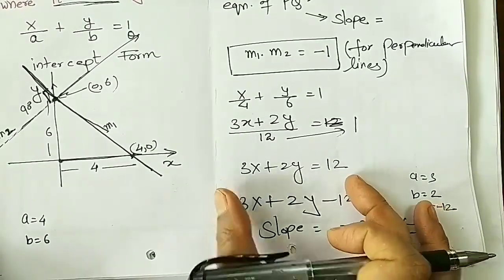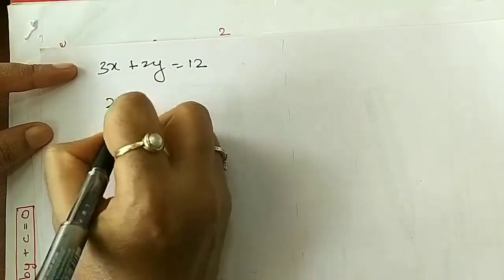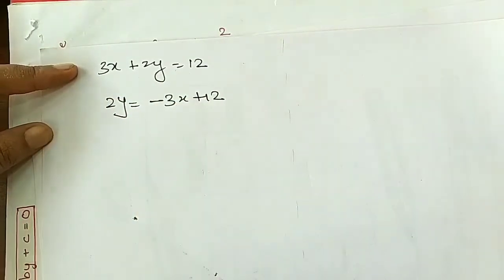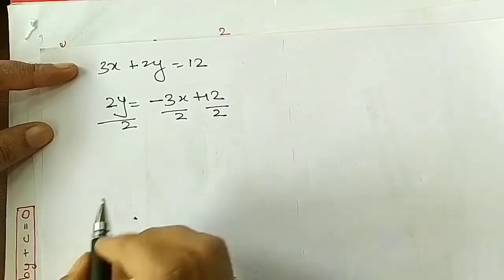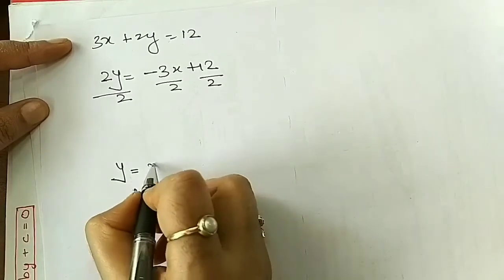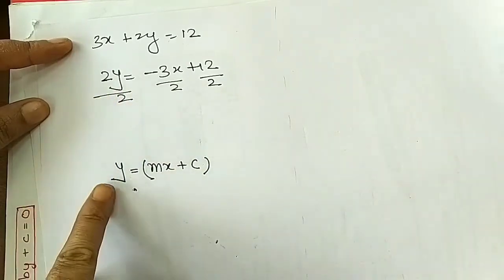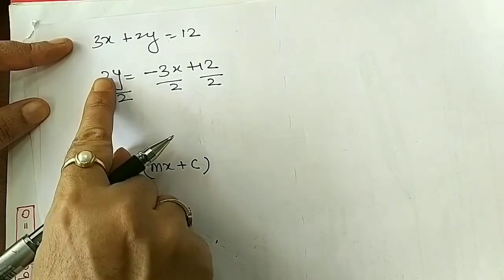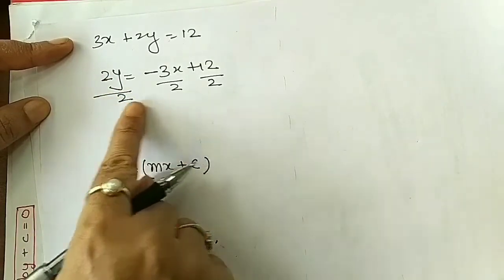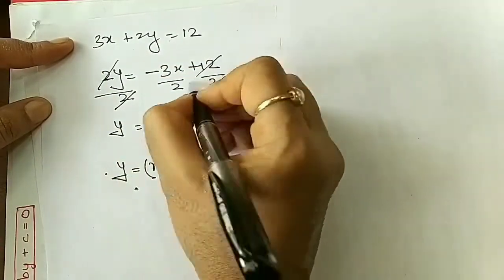If you forget the formula, there is one more method that I want to discuss with you. Suppose this is the equation given, how to find the slope? You try to write 2y is equal to minus 3x plus 12. Now can I divide the whole equation by 2? Why am I doing this? Because I am trying to bring it in the form y is equal to mx plus c. I'm trying to keep only y on the left side, and only y means nothing should be there in the coefficient. So that's why I want to cancel this 2, and that's why I'm dividing by 2. So this will cancel, and I am getting y is equal to minus 3 by 2 x plus 6.